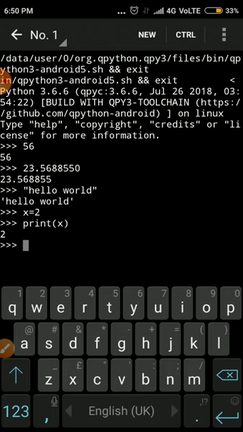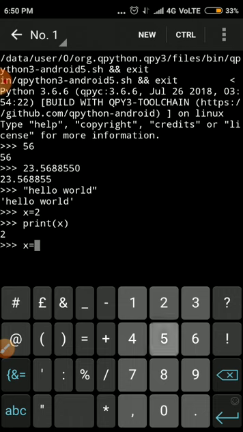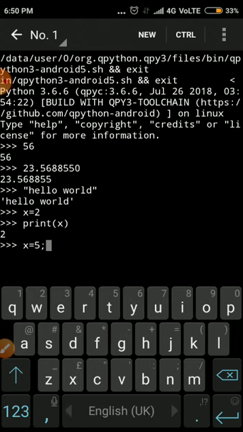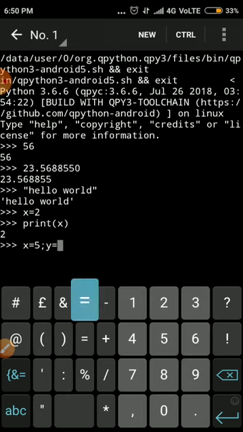Now again I am explaining how to insert multiple values in a single line. Suppose I create variable x equal to 5, and immediately I want to give a value to a second variable. For that we use a specific operator, the semicolon. Then here we take the second variable and the assignment operator, and again we give the value, then press enter.